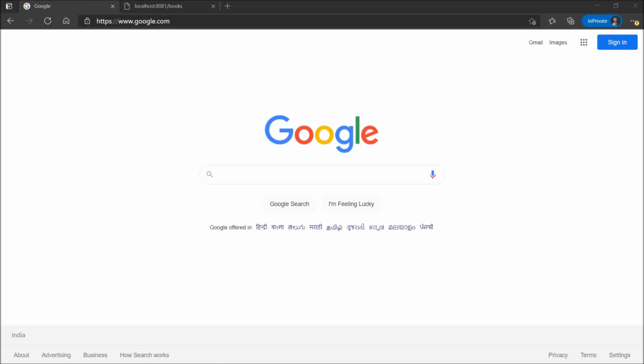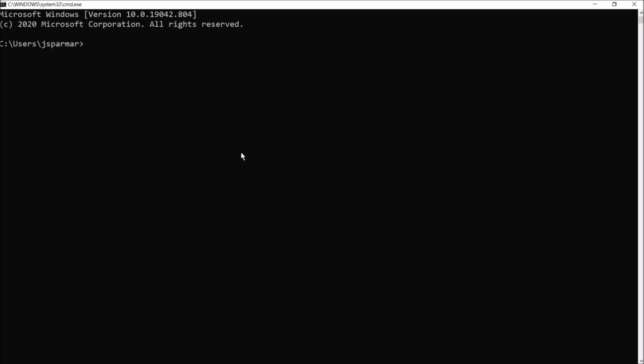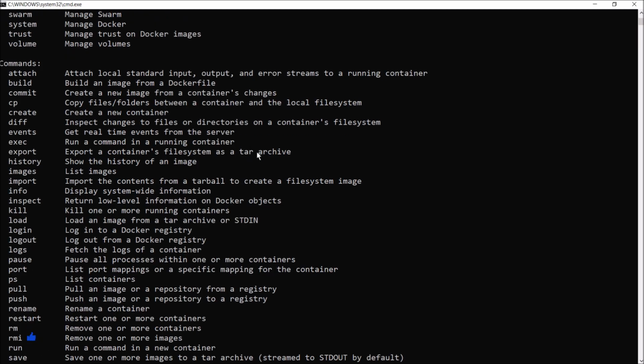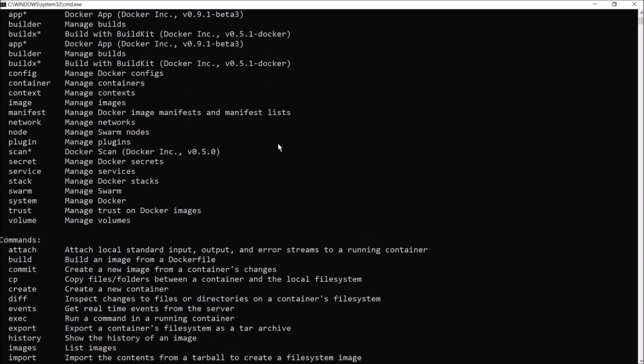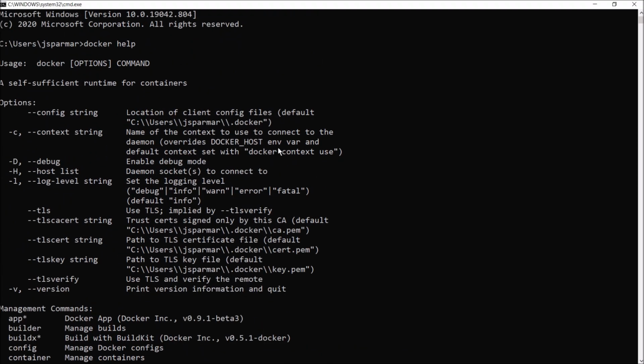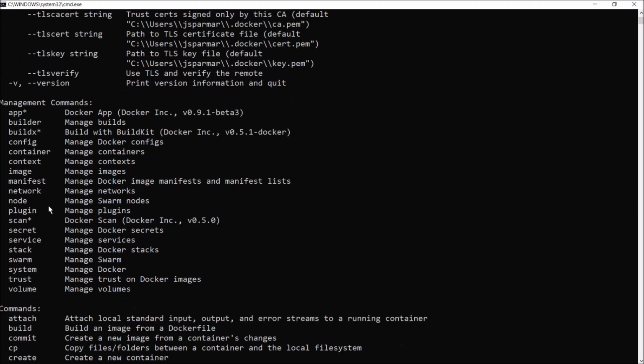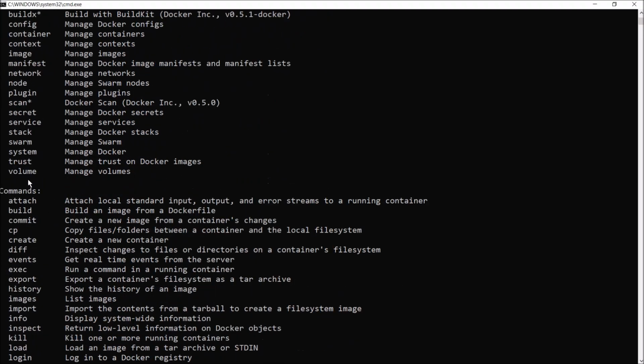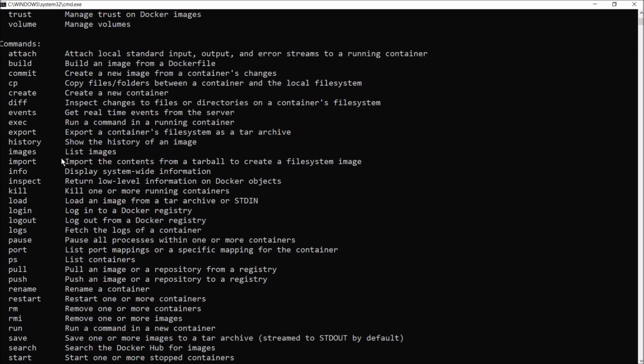Now let's open the command prompt. Before starting anything, let's execute some Docker related commands. So to check all the commands, let's execute the Docker help command. See, it is listing all the required commands. So instead of going here and there, always prefer to execute the Docker help command. And you will easily find out which command is appropriate for you, because along with the command, you can see a description also is there. As you can see here, so many commands are available.